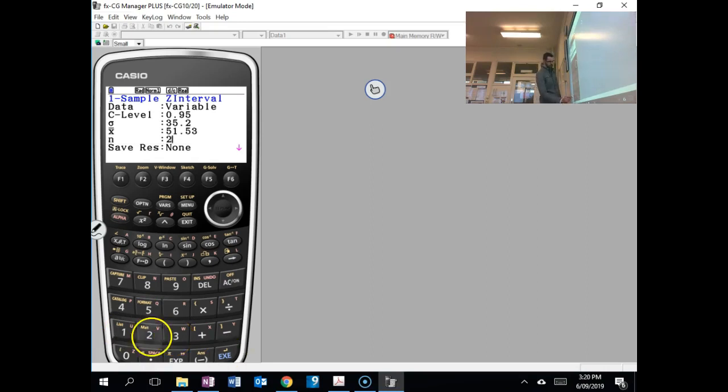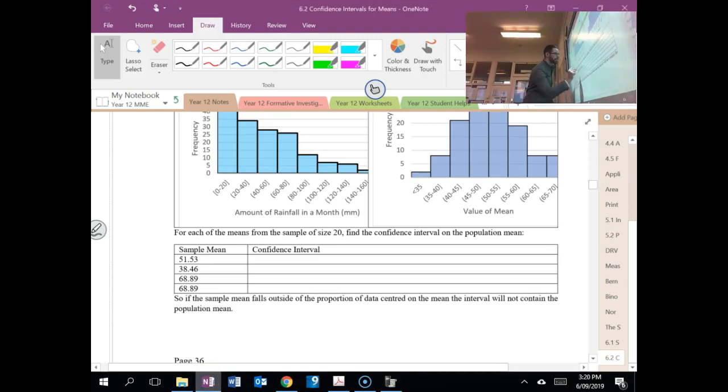And our sample size is 20. Go through and execute that. We get an interval that says we're between 36.1 and 67.0. So this is 95% between 36.1